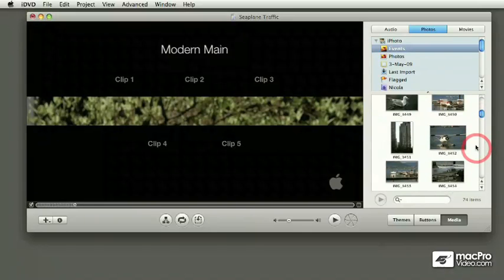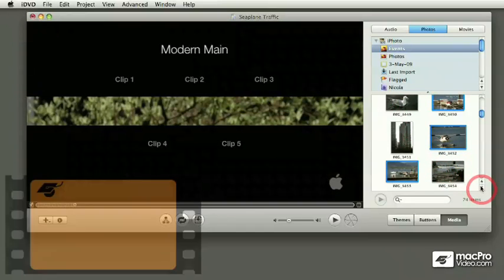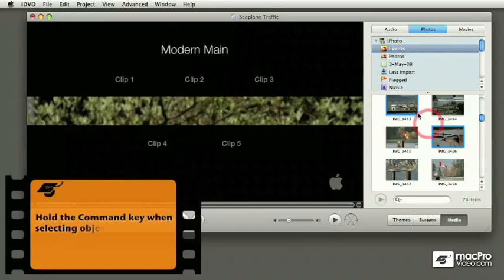I'm just going to make a selection. And for this, I'm going to press on the Command key and click on a few photos. And the reason why I'm pressing on the Command key is because the photos that I'm selecting are not in sequence. So that way I can make a selection of just a few of them without selecting all of them